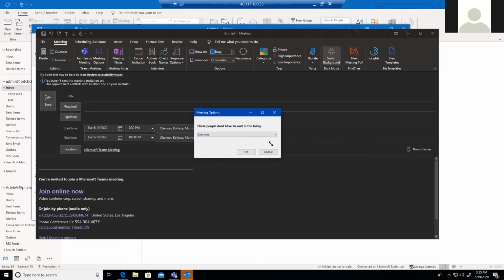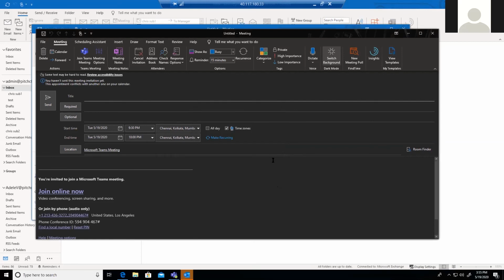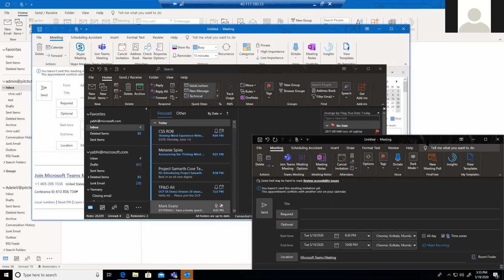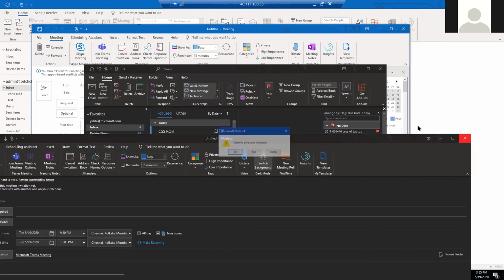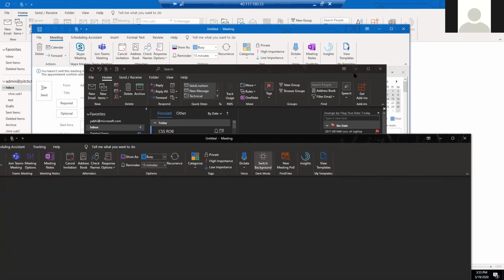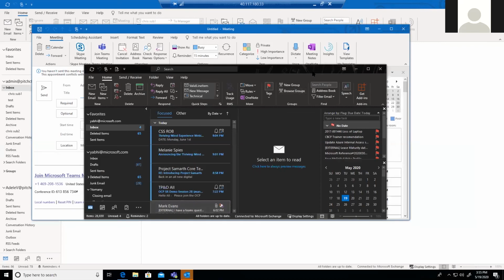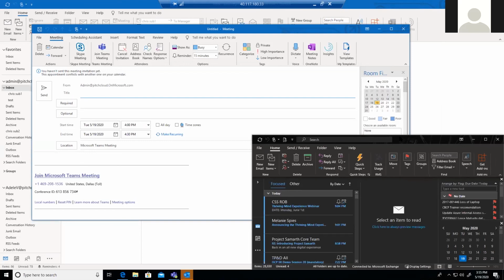There are other settings, but that is not up to you. That's up to your administrator, how they want to set it up, or what restrictions they want to set over there. And if you see that you are not able to do something, you can just raise that question to your administrators, and they can help you in finding the solution.